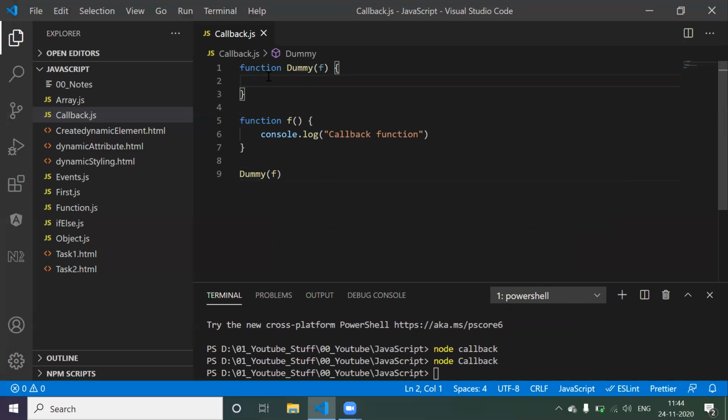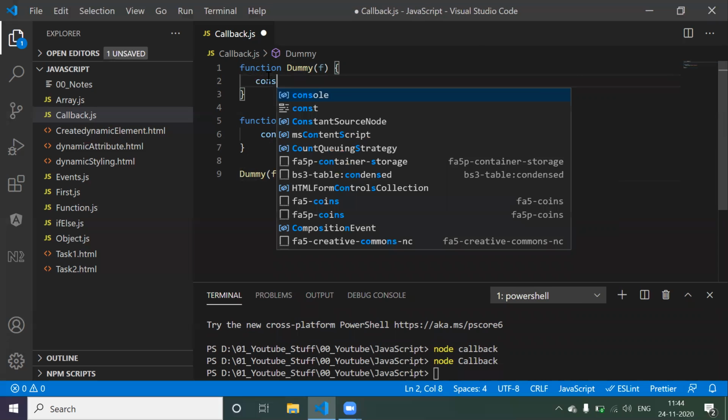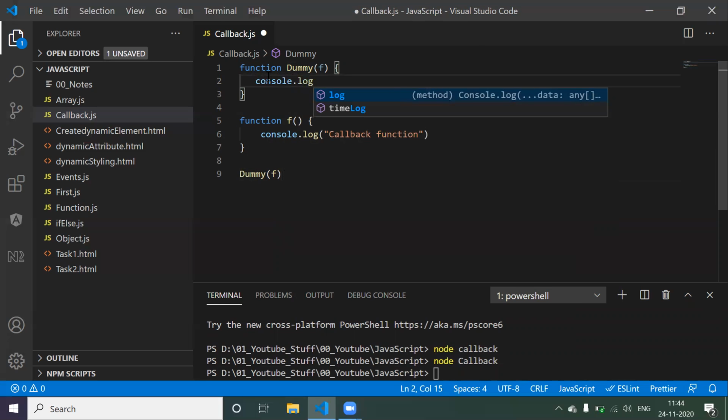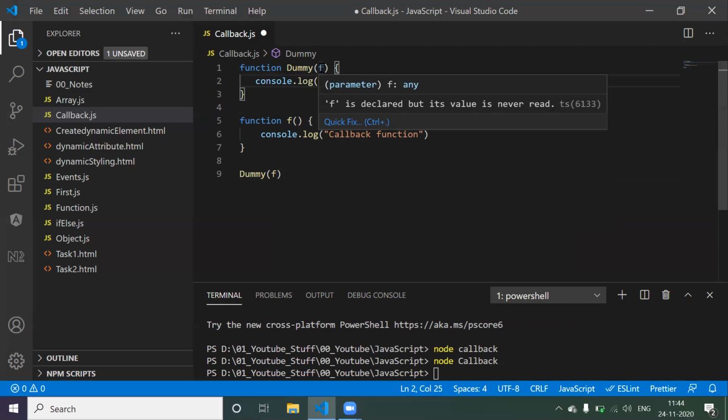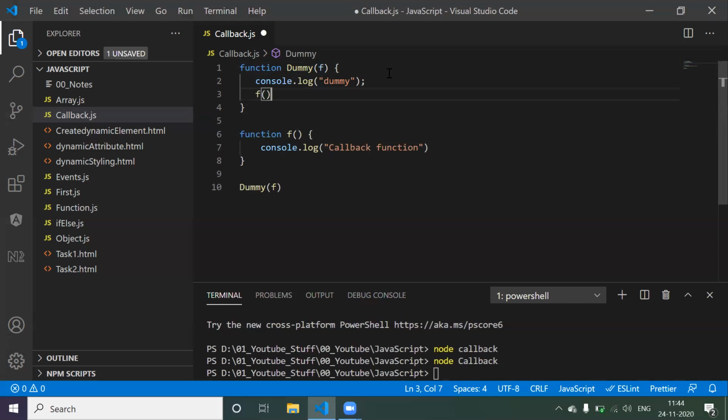So I am here saying console.log, and here I am just writing something like dummy. Now after this statement I want to call this callback function. This callback function is present in f. Now f is nothing but one argument, and the type of the argument is function. Means in this f we have a function. What is the function? This f. So I will just say f. That's it. Now if you execute it,